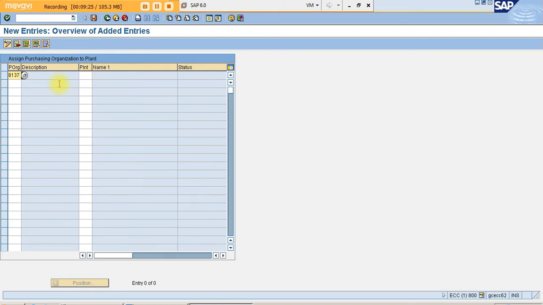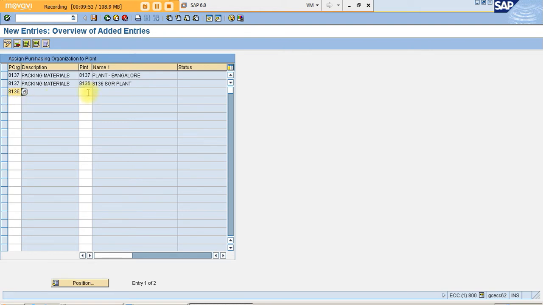The plant is 8137. The same 8137 I can assign to the 8136 plant. Say I have two purchase organizations, 8137 and 8136.